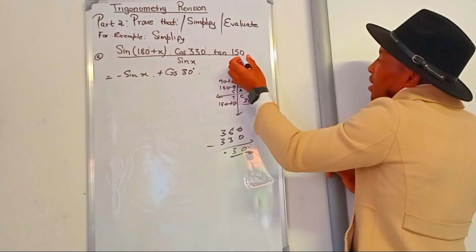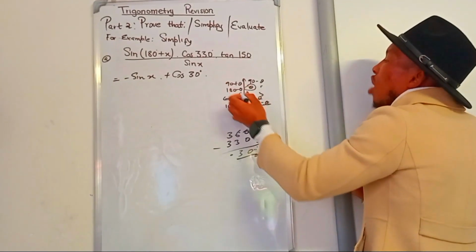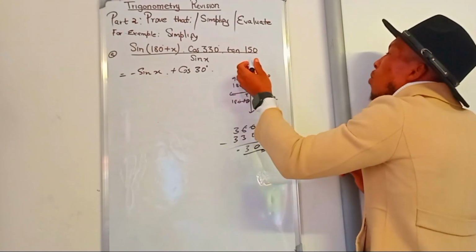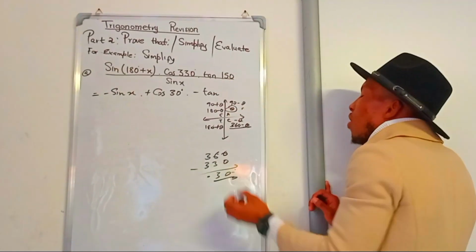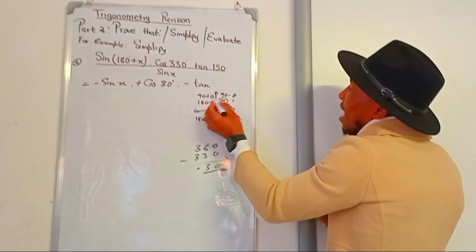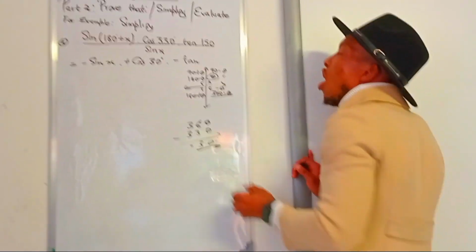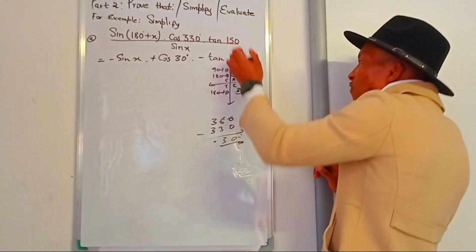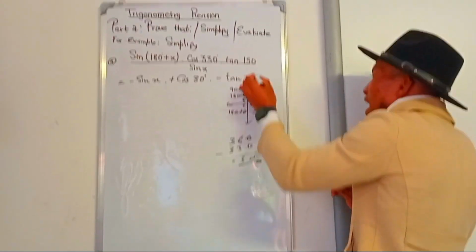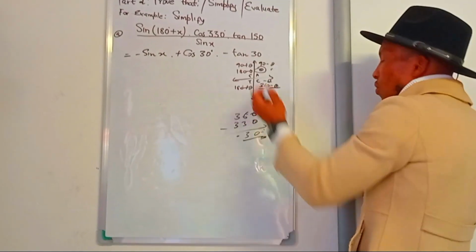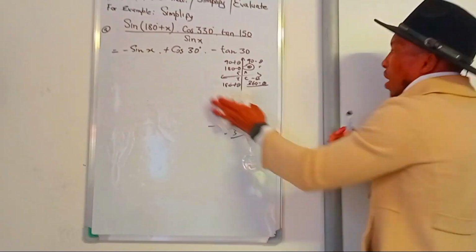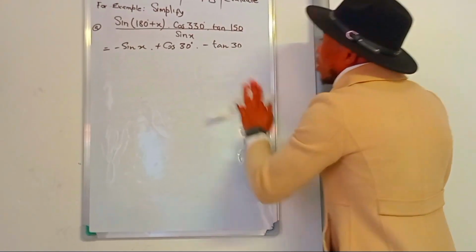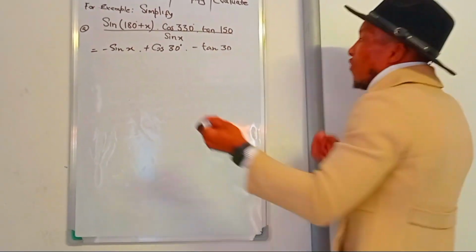And also here we have tan 150. 150 is in quadrant number 2. Therefore, what is tan in quadrant number 2? It is negative. Therefore, we would have negative tan. Then what are we going to do now? We're going to find the angle that we subtract from 180 to get 150, which is 30 again. 180 minus 30 is 150. Okay. After that, what are we going to do? We are just going to divide by